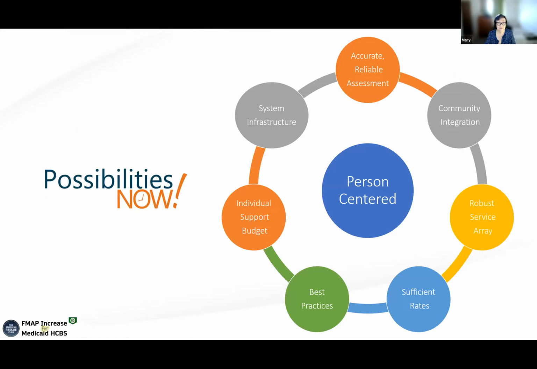So in Possibilities now, again, these are elements for us to anchor our planning into. At the core are person-centered practices and person-centered approaches, and staying true to that. And around that are the infrastructures and features of the system to support this to happen. So it talks about having adequate system infrastructure, using individual support budgets, employing best practices, ensuring that we have sufficient